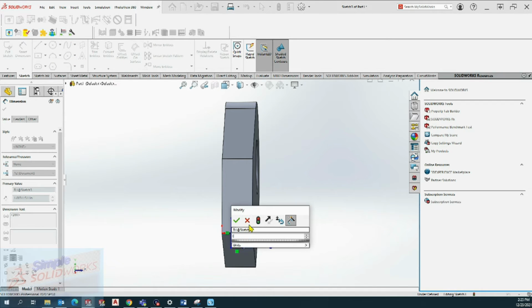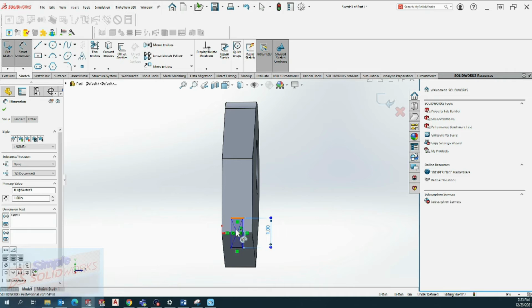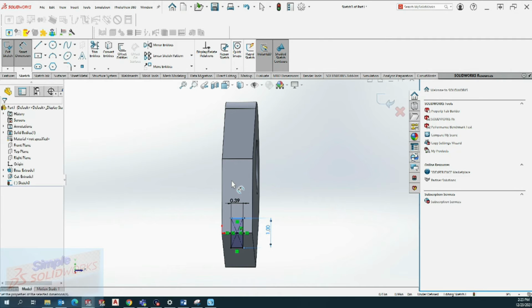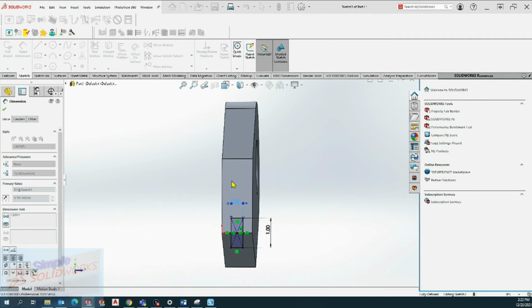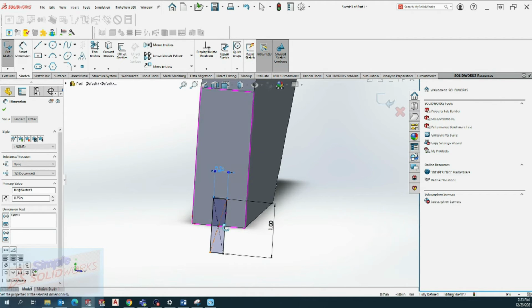I'm going to say 1, and then I'm going to say 0.25. So now you got the little cut. You know you want it to be sort of a half a cut going through. You can do it many ways. Again, this is just a quick